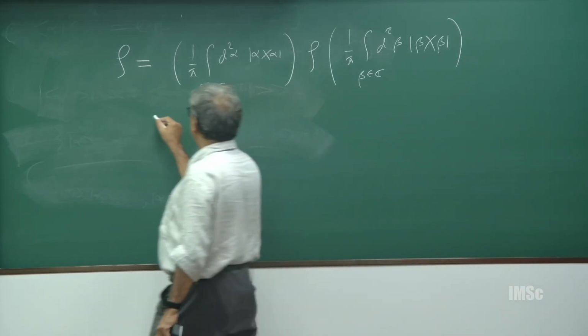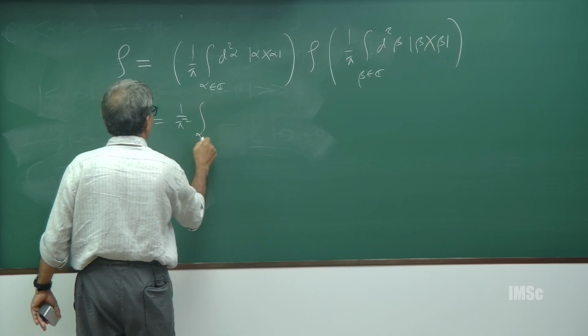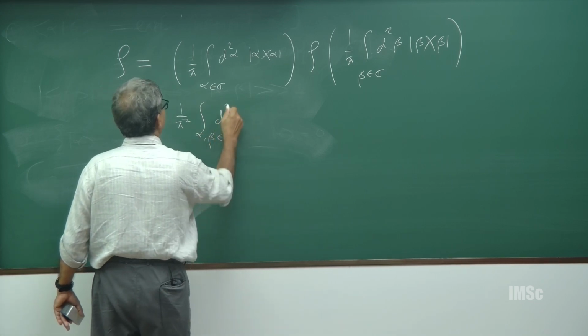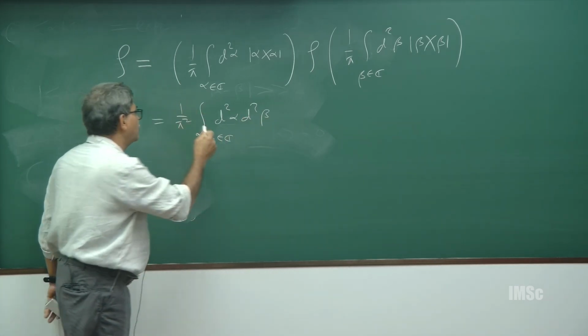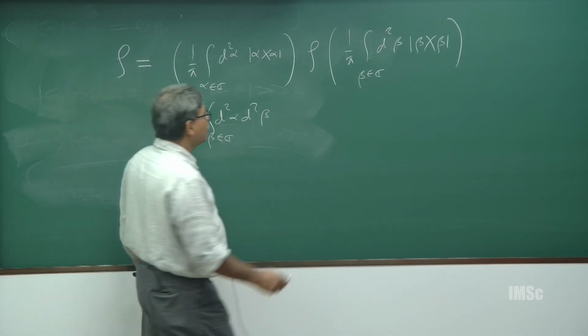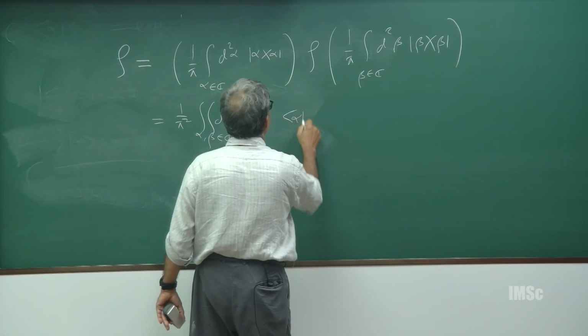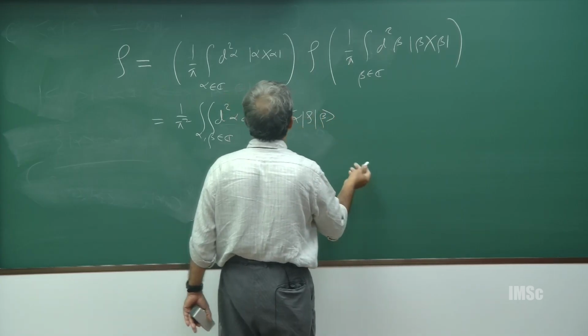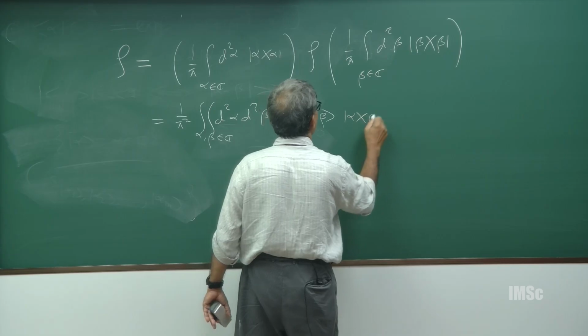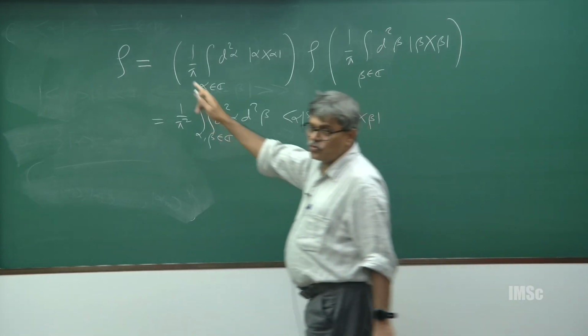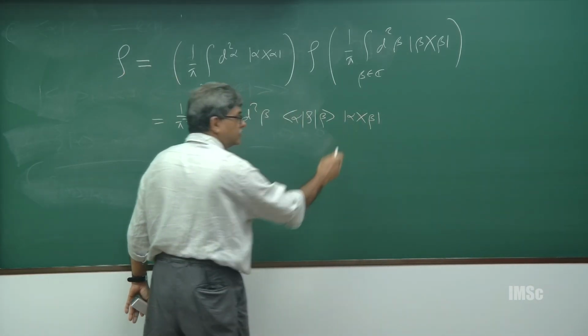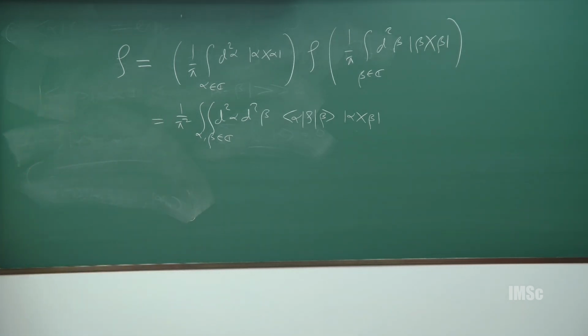So this can be written as 1 upon pi square, alpha beta belonging to C, d square alpha d square beta. When I write this, of course, this is a double integral. Then this is alpha rho beta and then alpha beta, right. So basically you are writing rho in the coherent state basis, this is not even a countable basis, fine, there is nothing spectacular about it.